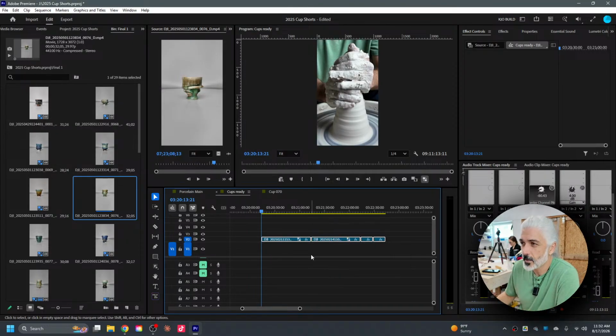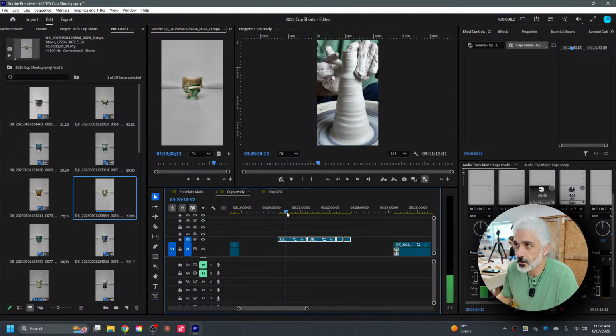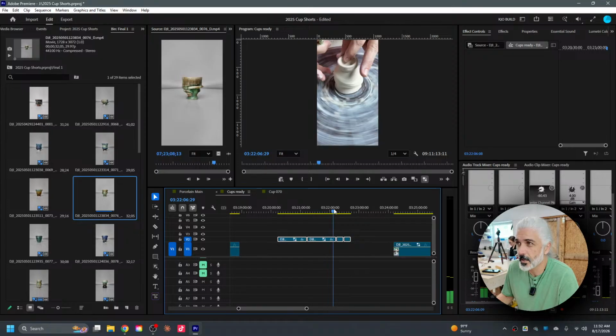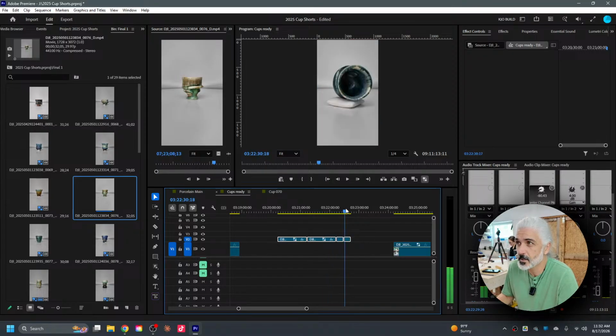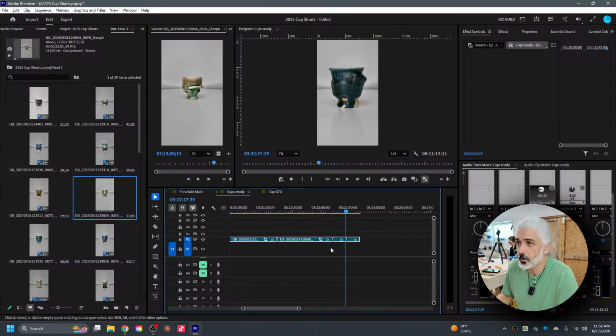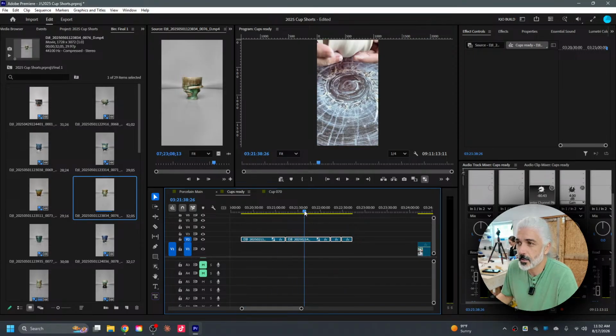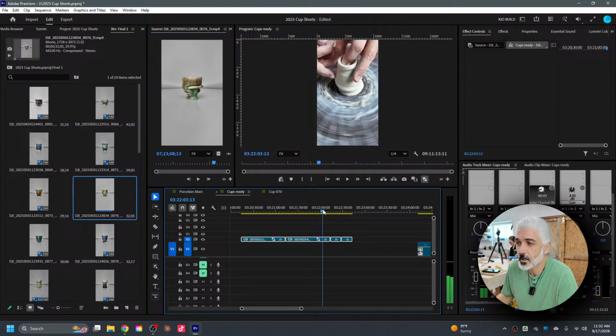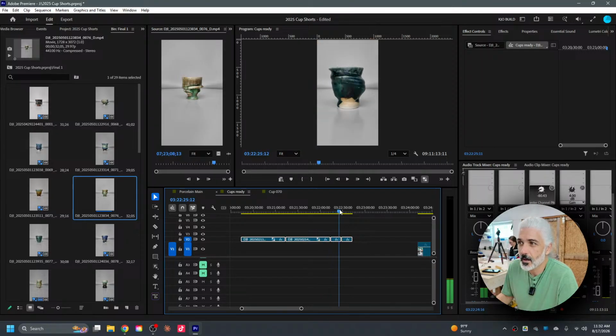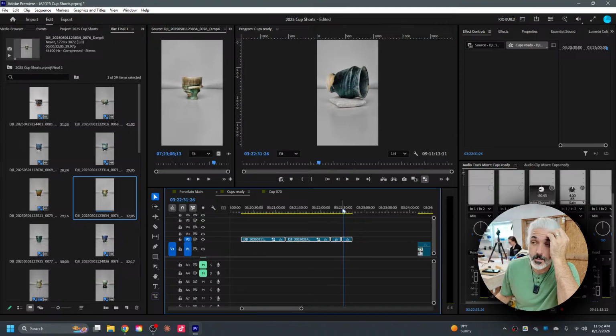Okay, so everything I've just done is I trimmed the footage for this cup down to the necessary footage, and then I gave it the necessary speed. Then I clip the throwing and the trimming, or I speed it up so that they're 1 minute each. The finished pieces, I clip them to 60 seconds each.